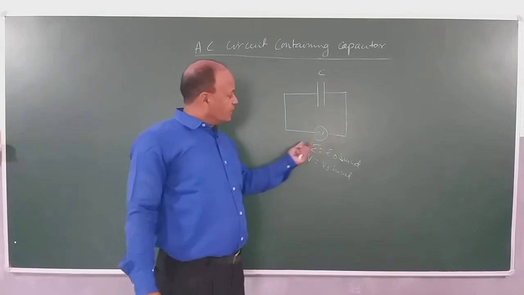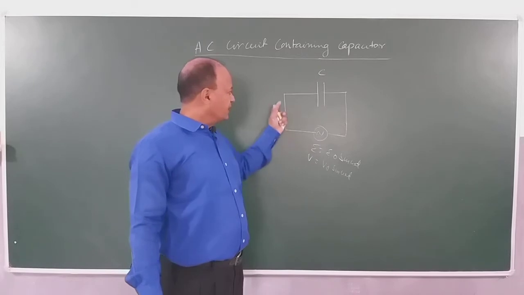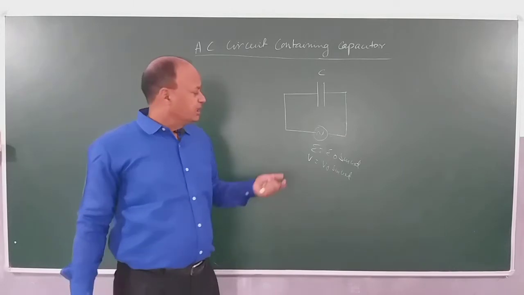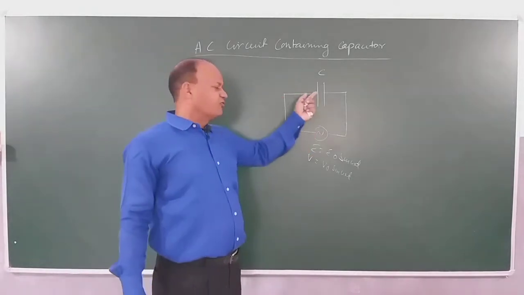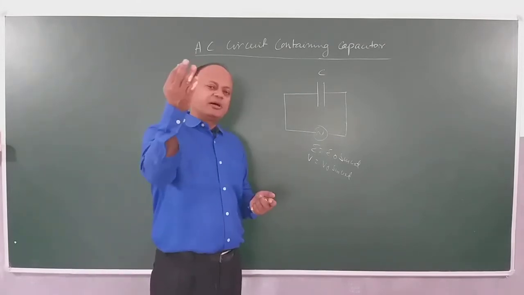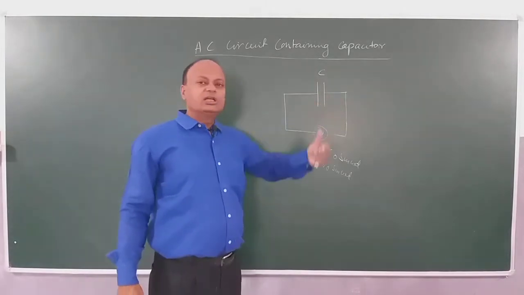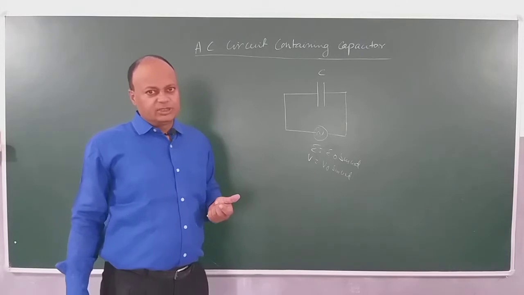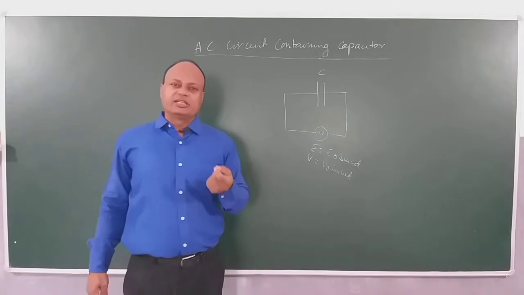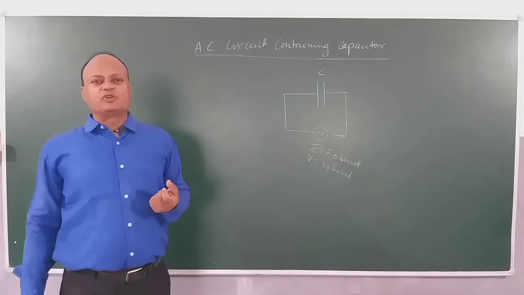Children, when we apply this AC voltage, a current starts passing into the circuit. This current will be a fluctuating current. It will have no fixed direction. Half the cycle will be up, half the cycle will be down. So this current starts building charge on the capacitor plates, right? Because when we connect a source of potential difference across the plates of a capacitor, the charge on the capacitor plates is given by Q equals C into V.